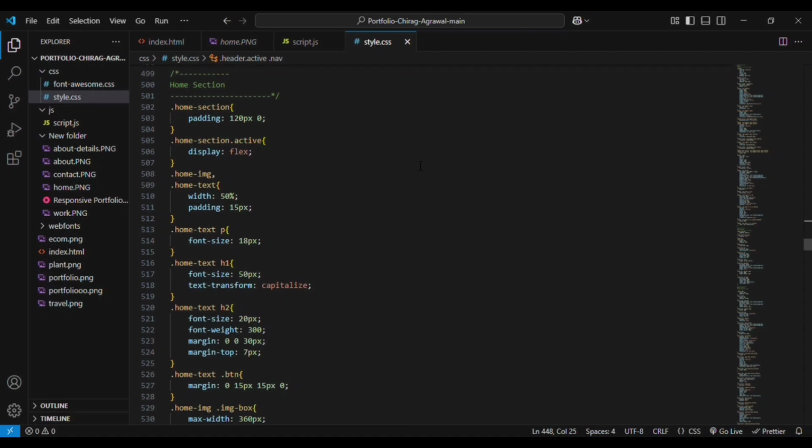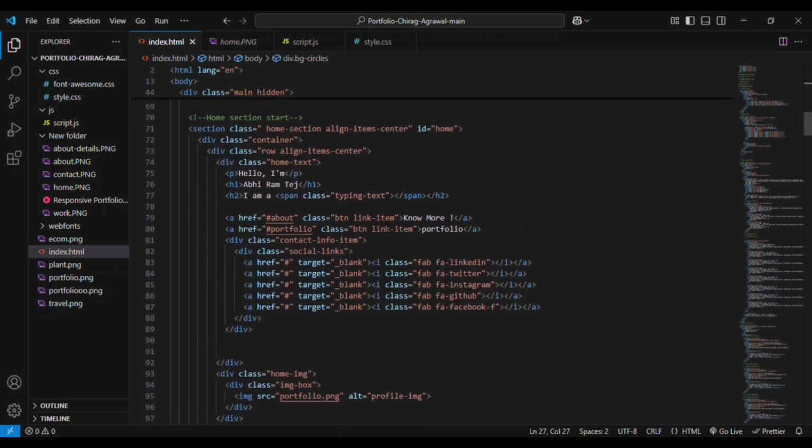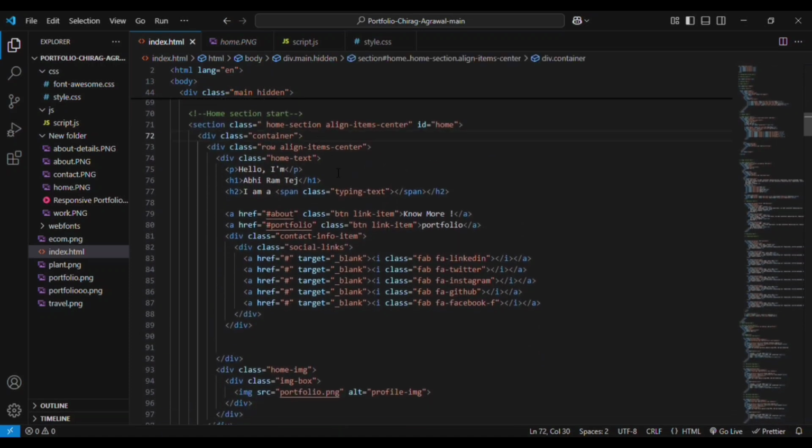That is the home section. This is the home section. In the home section we have the main div, that is the container div. Inside that we have the home text, paragraph, as well as h1 element, that is heading element, then h2 element, and we are adding a span element with a class of typing text. This is for the creation of the continuous typing effect that we have used in here. Then we have an anchor element for hire me. These are actually buttons that we created, and we have added the button classes here. You can see here these are the button classes that we have created in the